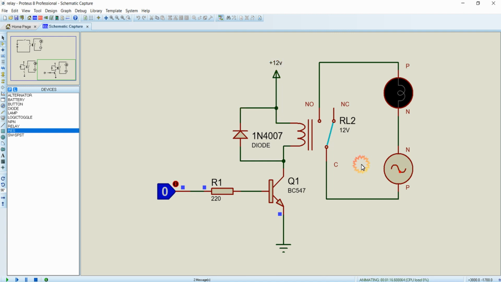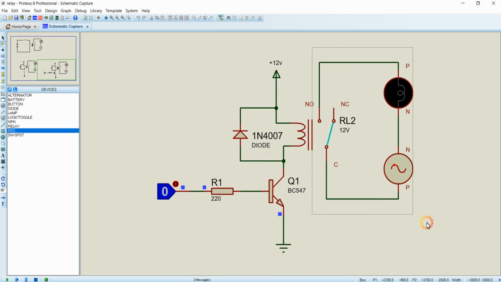As I said, if you are using a different voltage rating of the relay such as 5 volt or 24 volt, you just need to provide the power supply accordingly. And across the coil I am providing a 1N4007 diode.